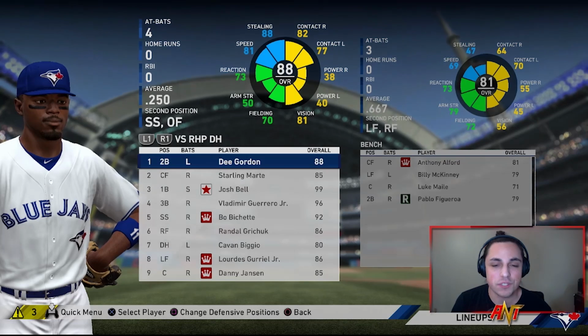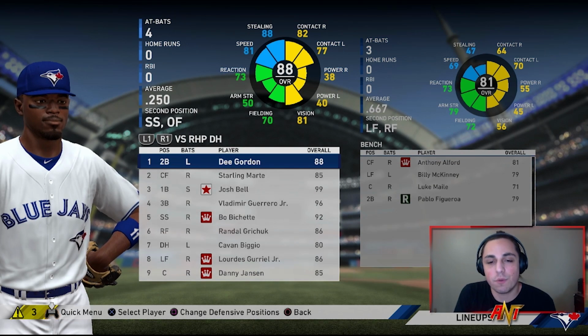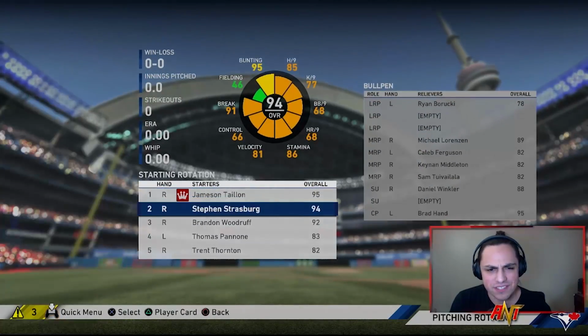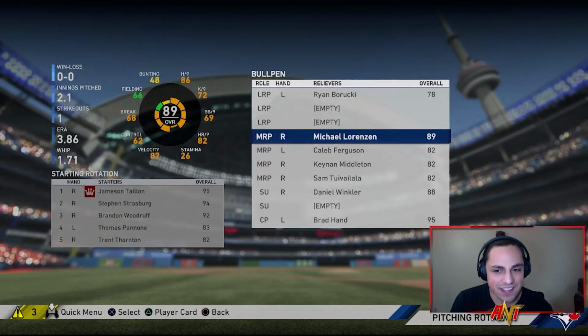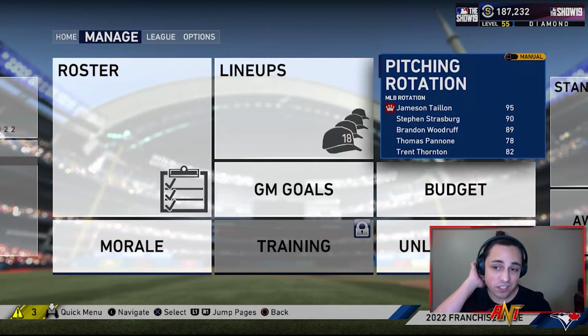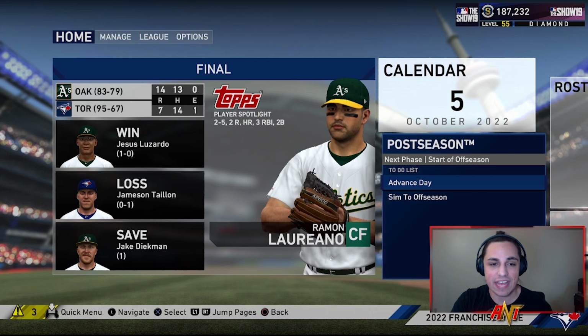I like the team. D. Gordon will become a free agent. Starling Marte will become a free agent, so you'll have some money to work with there. You still have Bell, Guerrero, Bichette. Grichuk is solid. Biggio's been getting better. Gurriel's still there. So you got a squad. You got some pitching. Obviously, it looked like it was pretty solid. Couple names you can move, but I feel like this team is set for the future still, and I really